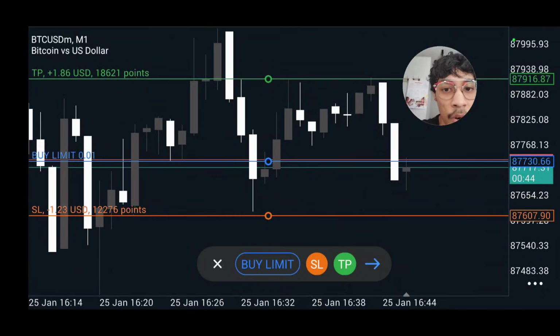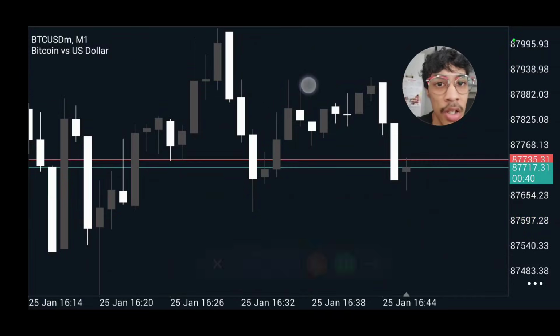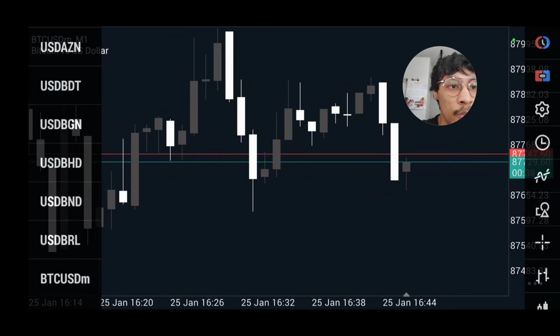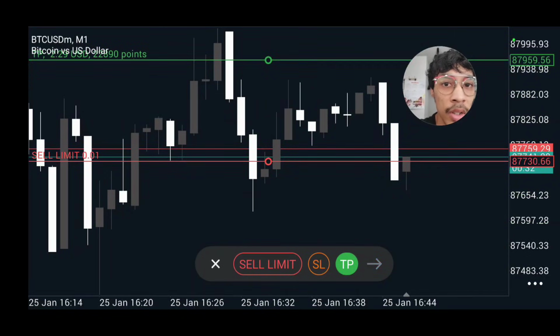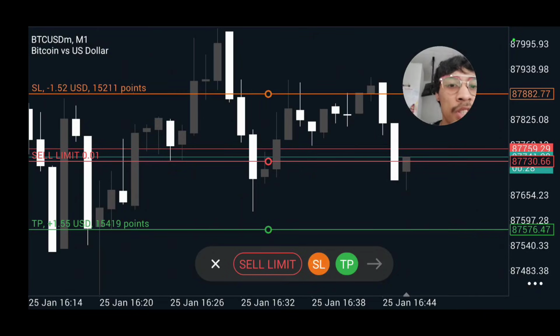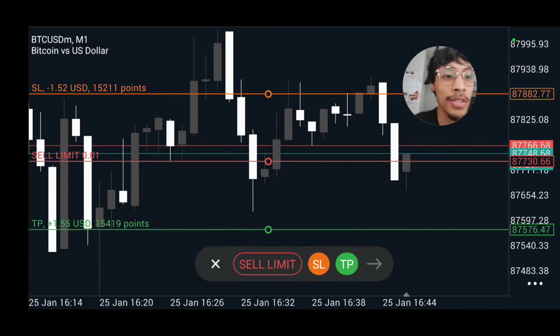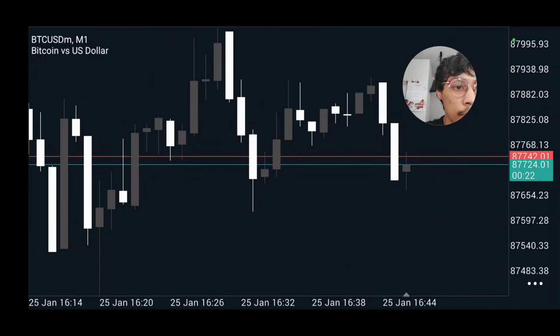So stop loss is how much money you're willing to risk. You can adjust it like this. Take profit is how much money you want to gain, right? So take profit is how much money you're willing to gain in the situation, but the stop loss is how much money you guys are willing to lose. Okay,